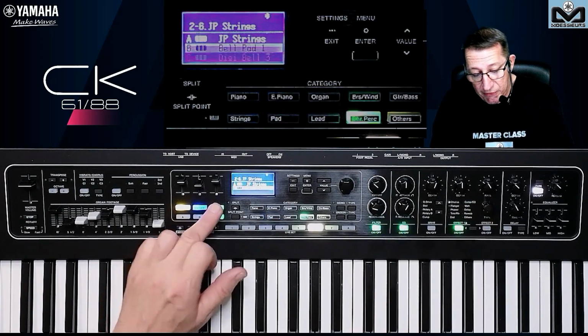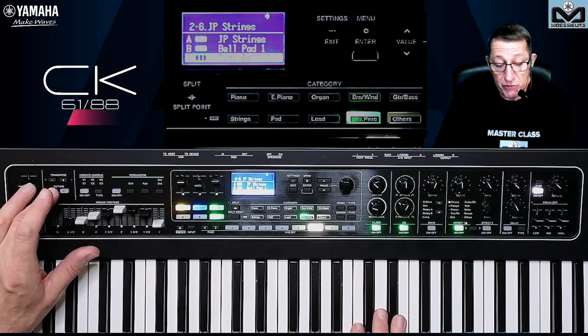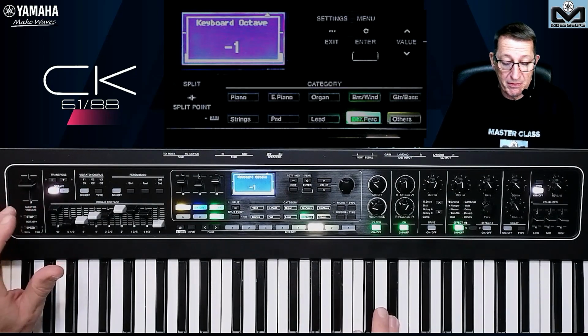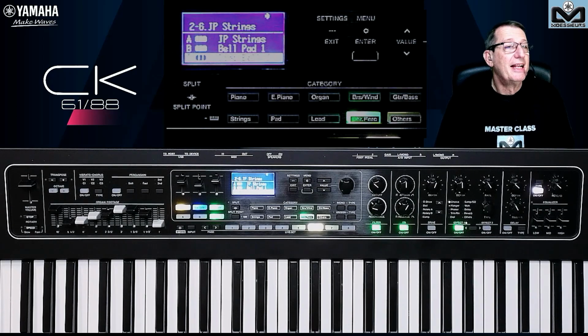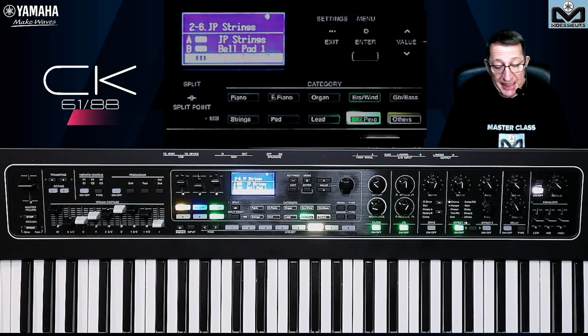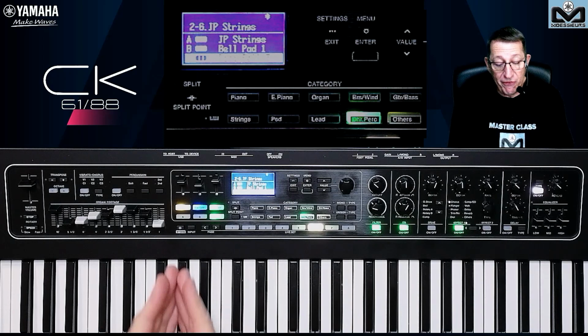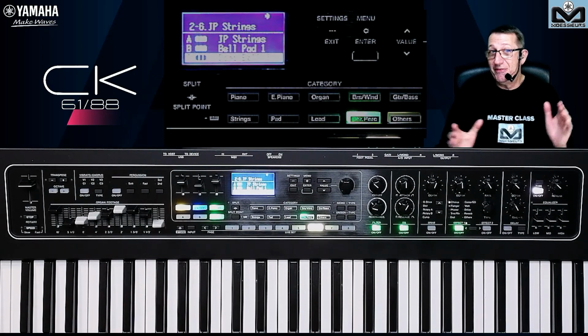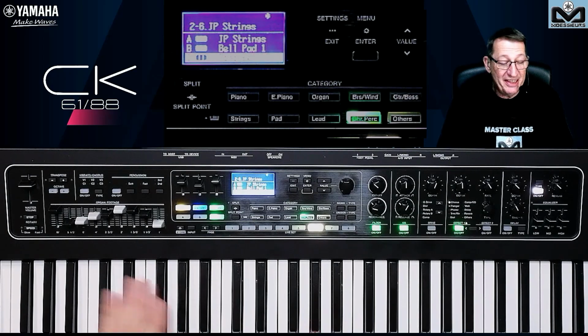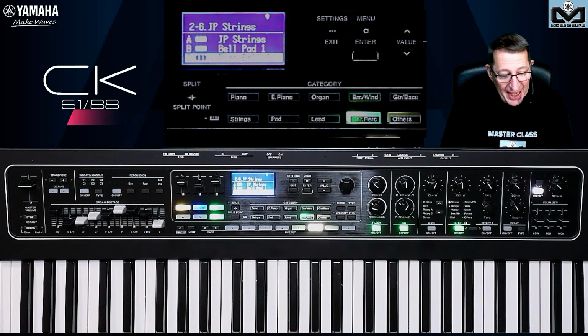Does it do for the three parts? Yes, of course. It works for the three parts that you can have in live set. And can I store this in the live set? I will say no, because this is not a live set setting. This is a global setting.